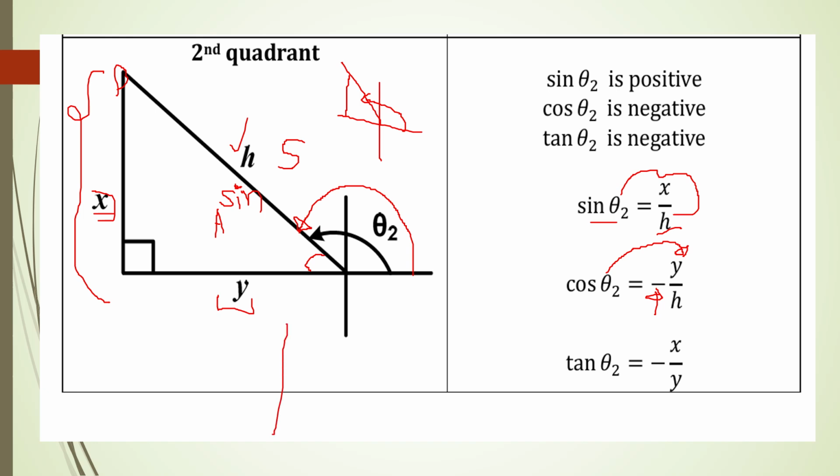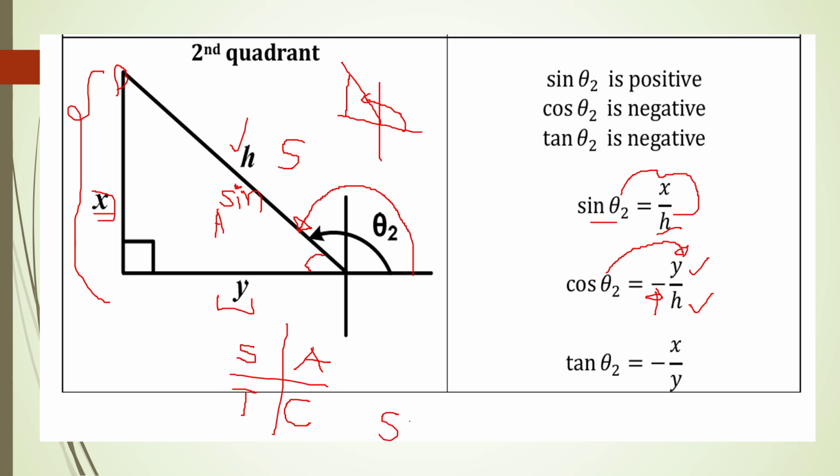That's what the other symbol we drew means. In the first quadrant, all of them are positive. In the second quadrant, it's only sine which is positive, and the others are going to be negative. In the third quadrant, it's only tan which is positive, and the others are negative. And in the fourth quadrant, it's only cos which is positive, and the others are negative. So for cos, it's going to be y divided by h,